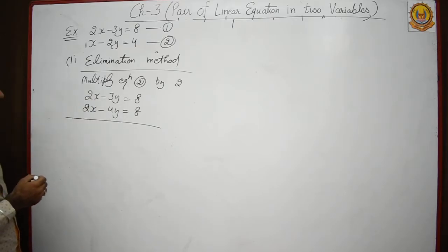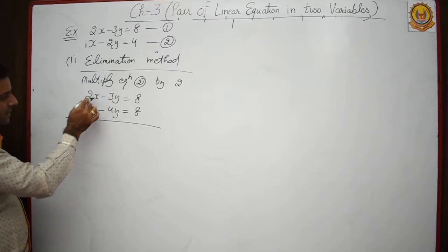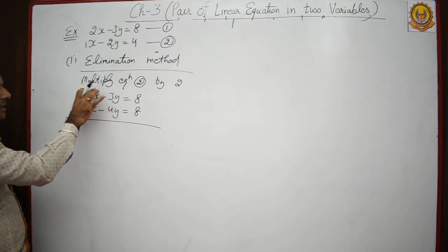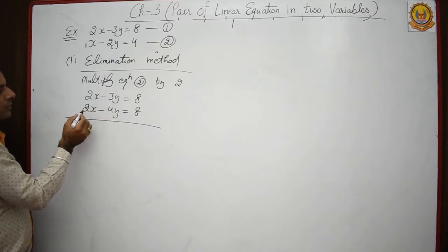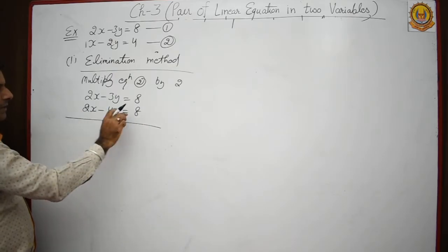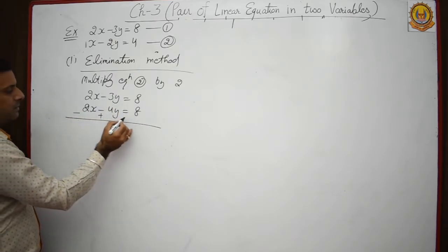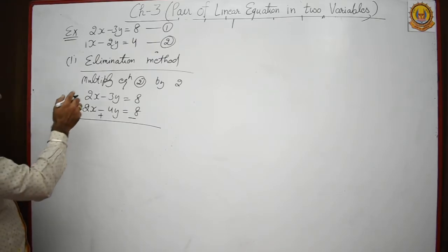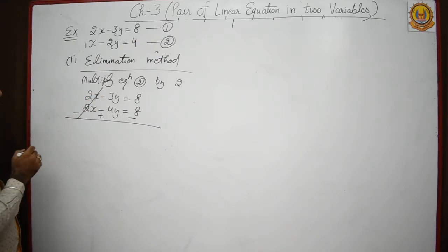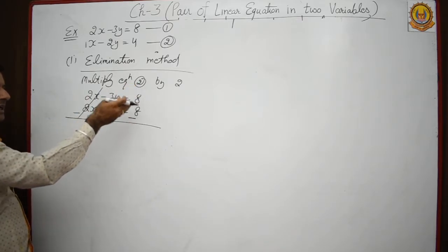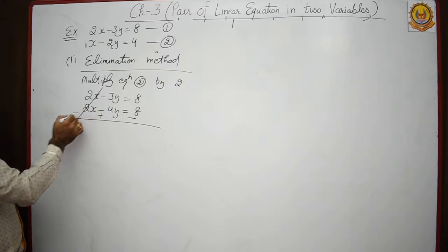So for elimination I have to just cancel these terms. And how will the terms be cancelled? I have to subtract this equation from this equation, change the sign of the second equation, minus plus minus, subtraction is there. So now look here, opposite signs are there, so it means it will be cancelled. Suppose if there is already a minus sign, then no need to change the sign, just add the equations. So now it is cancelled.